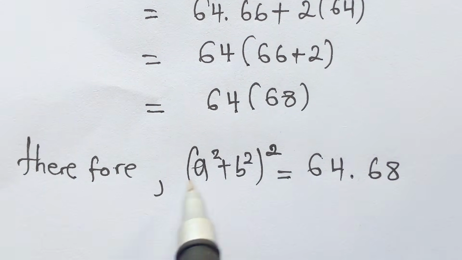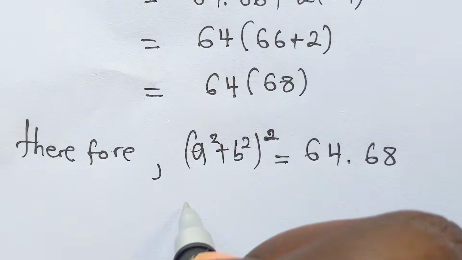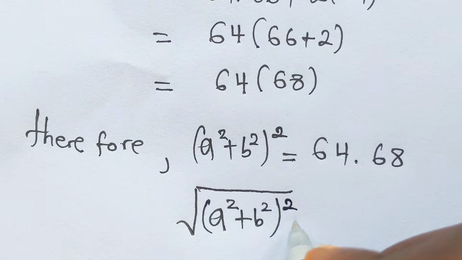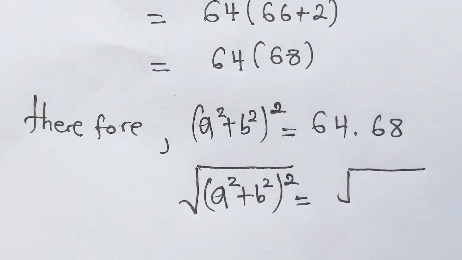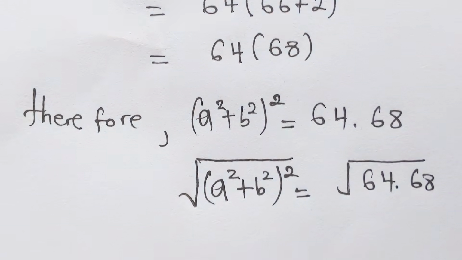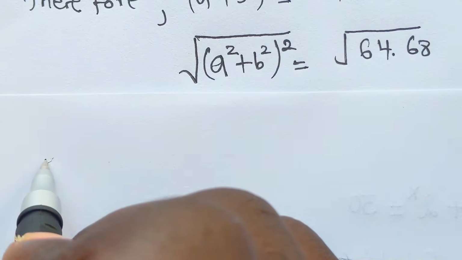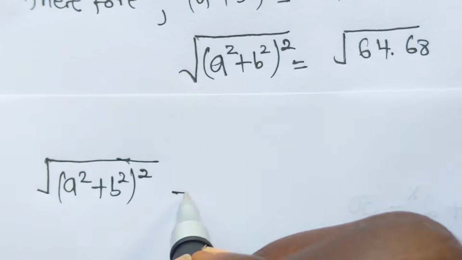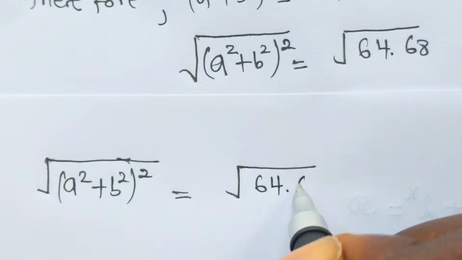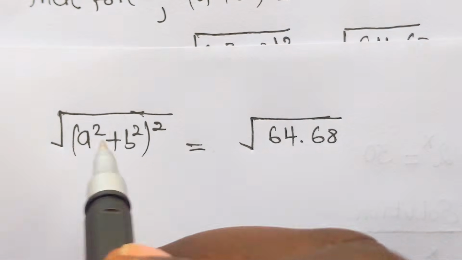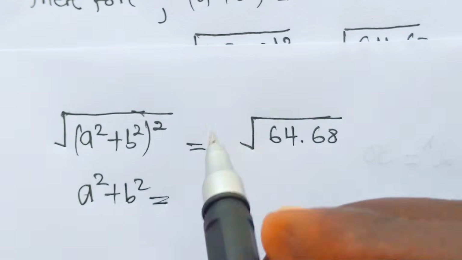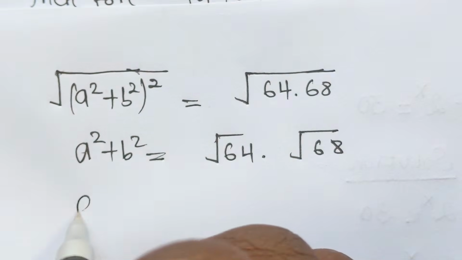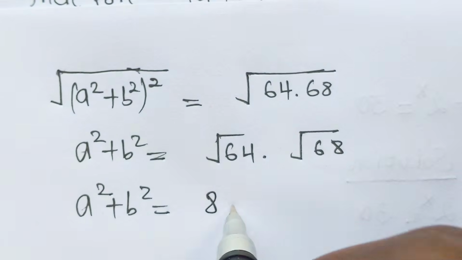If you apply square root on both sides, what can we get? We get the square root of a squared plus b squared, then squared, which is equal to the square root of 64 times 68. Then we have a squared plus b squared only. This is square root of 64 times square root of 68, and this is a squared plus b squared, which is equal to 8 times